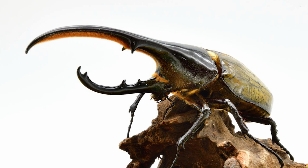Pronotum. The pronotum, the shield-like plate covering the thorax, is another prominent feature of the Hercules beetle. In males, the pronotum often extends over the head and horn, adding to their impressive appearance. Habitat. Hercules beetles are native to the tropical and subtropical regions of Central and South America, including countries such as Mexico, Venezuela, Suriname, Bolivia, and Brazil. These insects primarily inhabit rainforests, tropical jungles, and other lush, vegetated areas where they can find ample sources of food